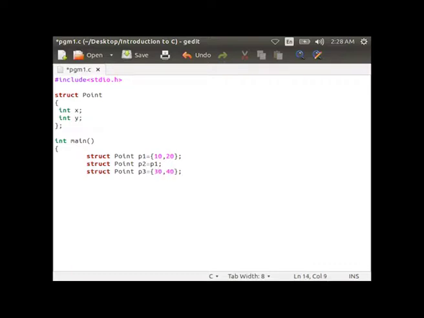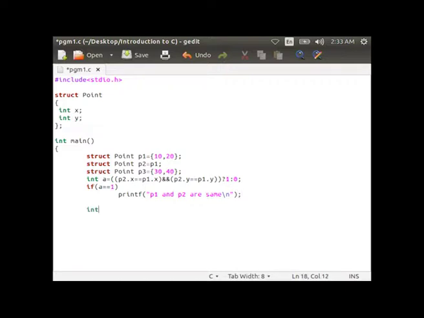Then int a = P2.x == P1.x && P2.y == P1.y ? 1 : 0; Then write the if condition: if a == 1, printf "P1 and P2 are same".